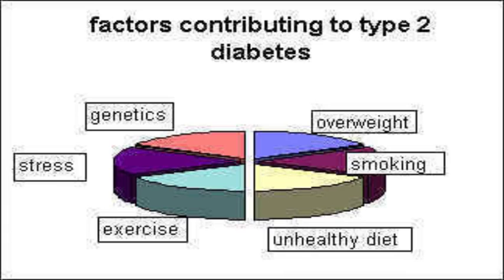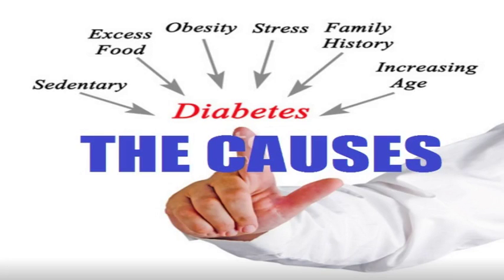Dietary factors also influence the risk of developing type 2 DM. Consumption of sugar-sweetened drinks in excess is associated with an increased risk. The type of fats in the diet is also important, with saturated fat and trans fats increasing the risk and polyunsaturated and monounsaturated fat decreasing the risk. Eating lots of white rice also may increase the risk of diabetes. A lack of physical activity is believed to cause 7% of cases.